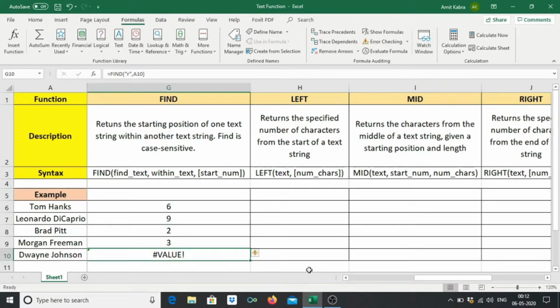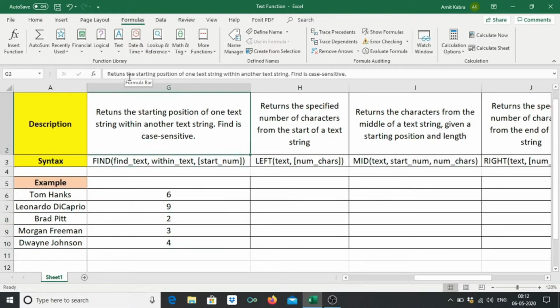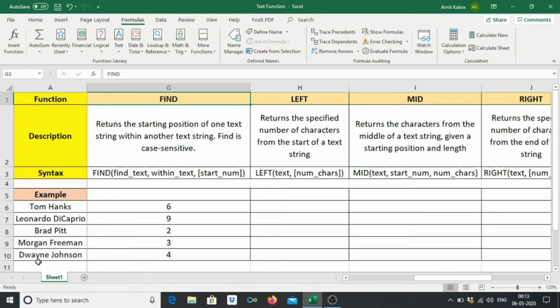When we applied the same formula for Dwayne Johnson, it is not returning any value because there is no alphabet R in Dwayne Johnson. So we will change R with, suppose we want to find the position of Y, so we will write Y. Now as you can see in Dwayne Johnson, Y is at the 4th position, so it is returning 4.